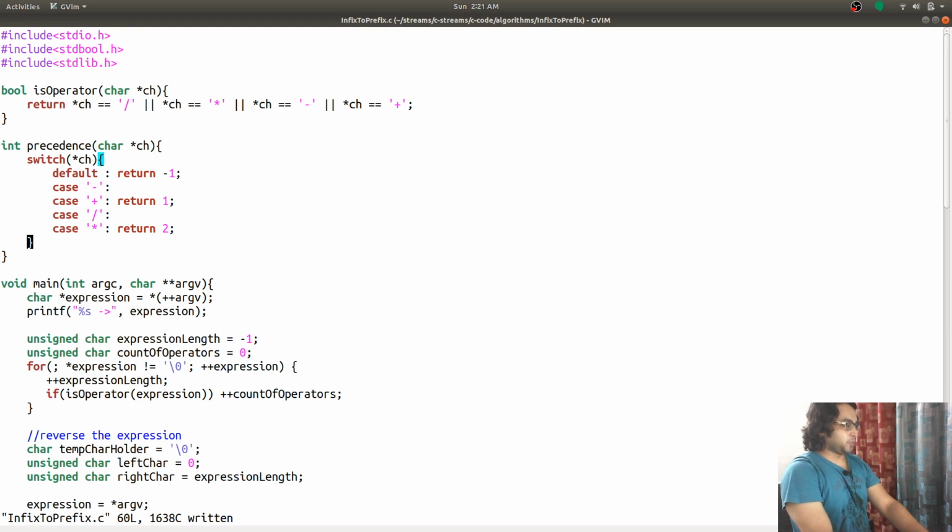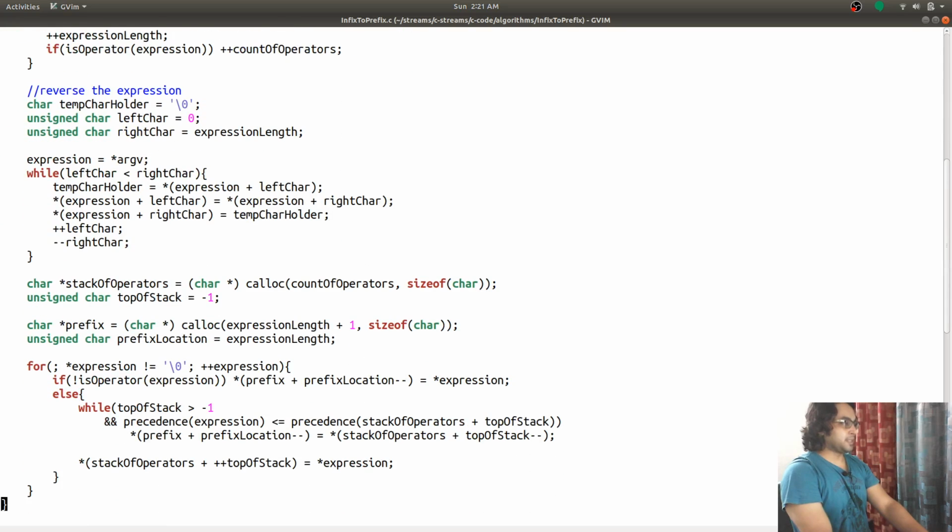Giving a value of 2 to multiplication and division. So multiplication and division have higher precedence because of that, and we have done that part.